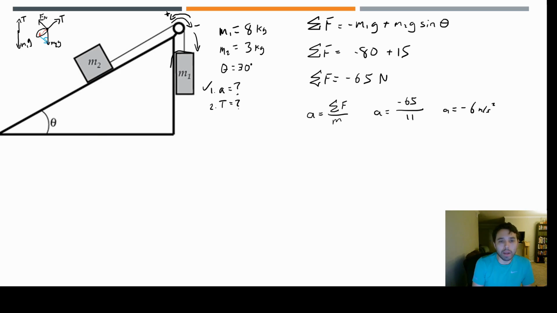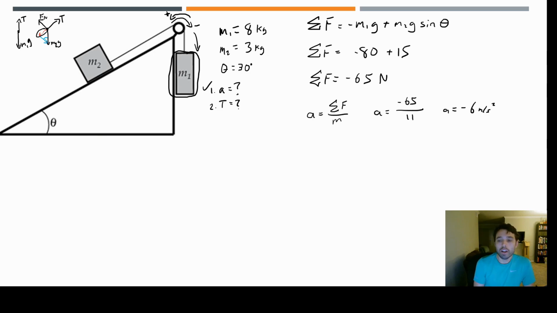Make the system your object that has fewer forces acting on it, typically the one that's just hanging there. M1 is easier because it only has weight and tension. M2 has weight, tension, and the normal force, plus it's kind of at an angle, which makes it more complicated. So let's make the mass of M1 our system to find tension because it has less forces